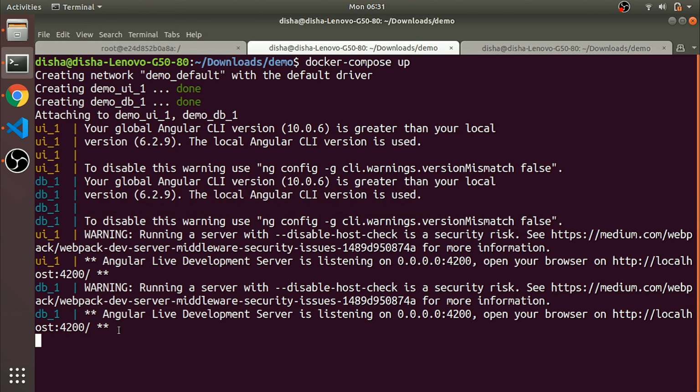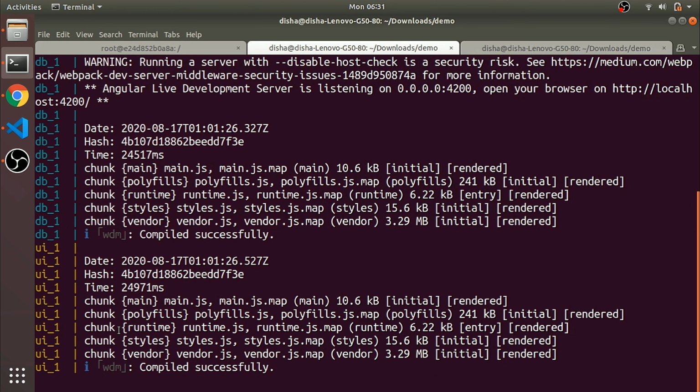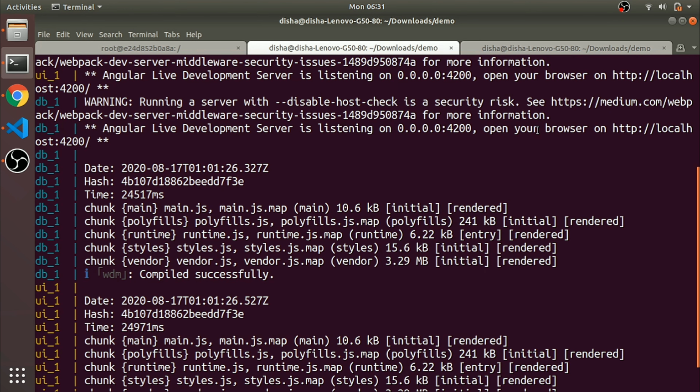This is not possible without Docker, because we cannot run the same instance on the same port in one operating system, right? See, two logs are coming, the same log, as we created the same image with the same content, only changing the service name. It's showing running, right?